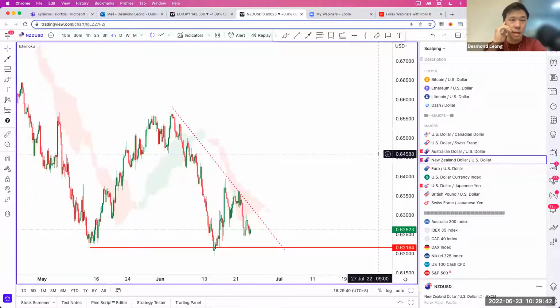Correlation is when things move together. Australian dollar, basically AUD USD, and Kiwi dollar NZD USD, they move in tandem with each other, meaning if one goes up, the other goes up, and if one goes down, the other goes down. So you can use this if you have ever been faked out, right? What I mean by this is if you have ever gotten stopped out of your trade,